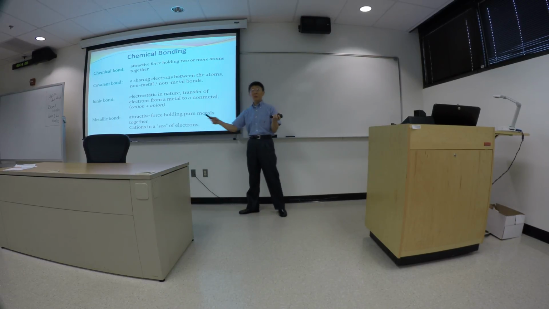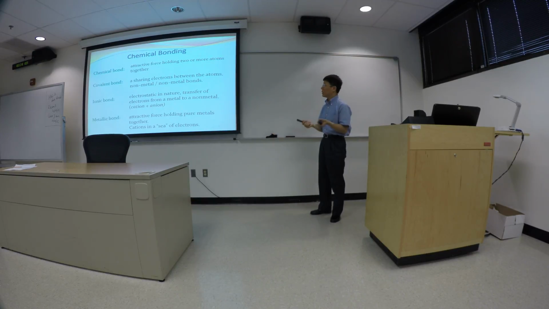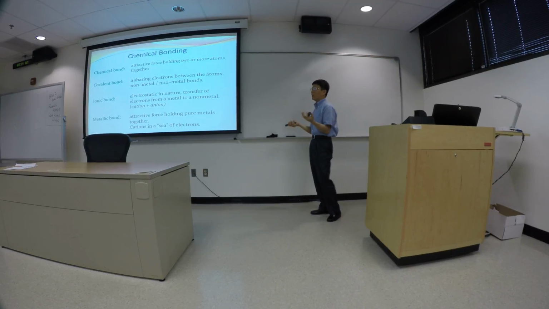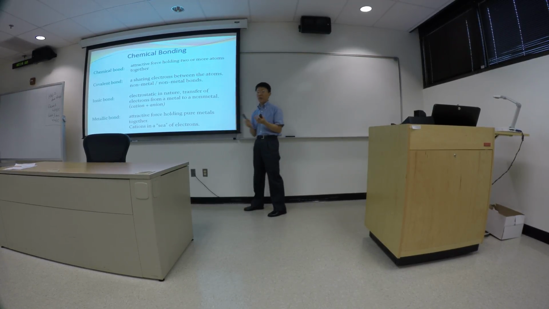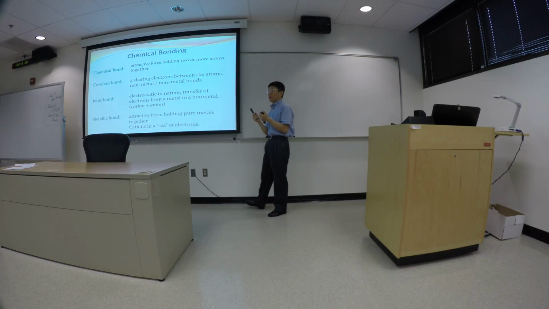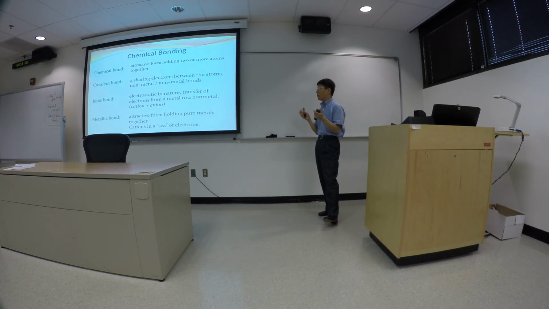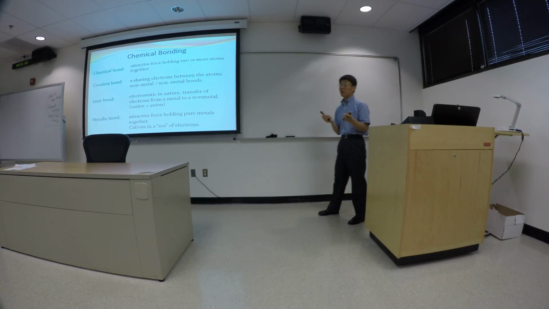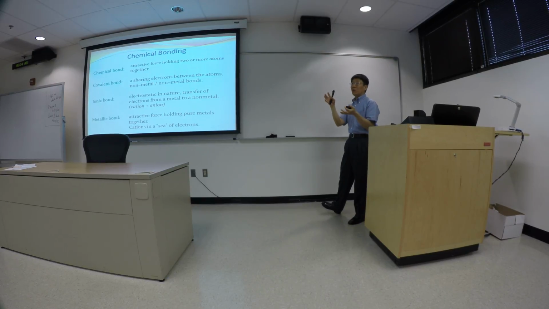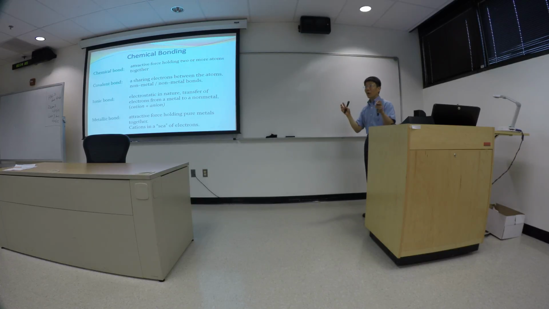Another type of chemical bond we call the metallic bond. A metallic bond is the attracting force holding pure metals together, where, in the atoms of metal elements, electrons can move freely. That's why metals are good conductors. Electricity will go through because of the free flow of electrons. So in a sense, you can imagine the metal atoms have a fixed number of positive charges, and then the electrons can go from one place to another. So the positive charges are submerged in a sea of electrons, where the electrons, like water,